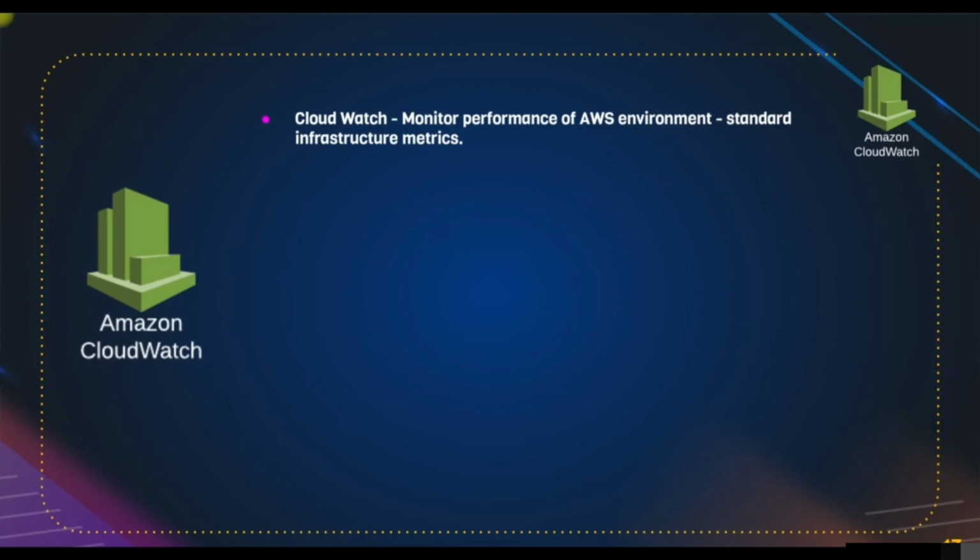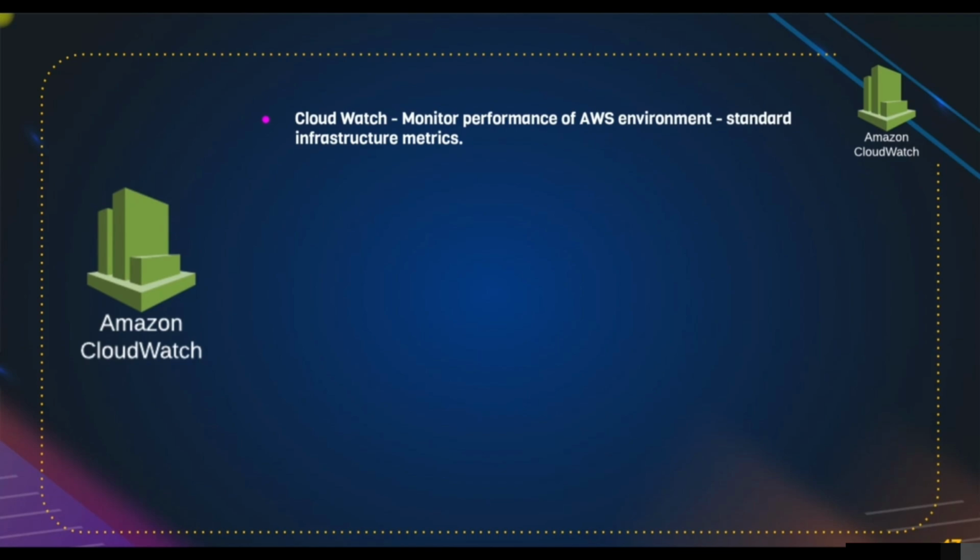So in a region, if you're using any service, it will create standard metrics for it. In other monitoring tools, these things are called checks. Like for a virtual machine, CPU utilization or disk utilization or network utilization. So for every service, CloudWatch is going to provide some standard metrics. So you really don't need to set up monitoring. Monitoring is anyway set up through CloudWatch, or there's a default monitoring setup.